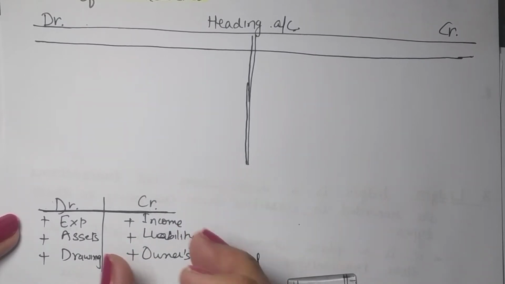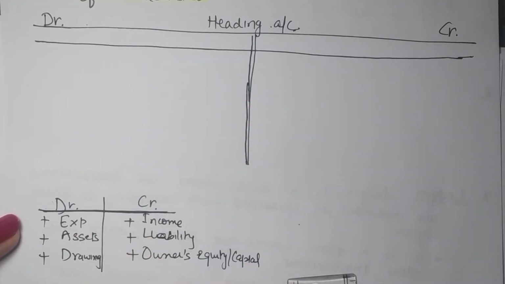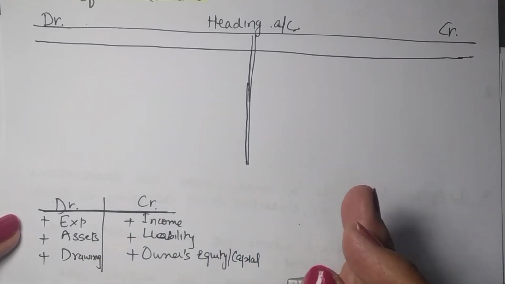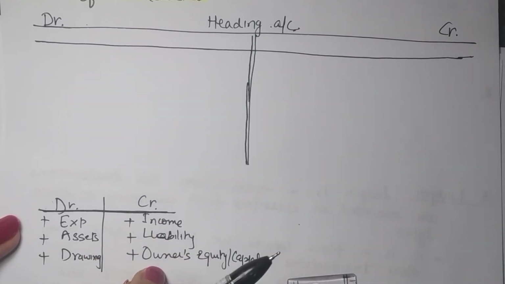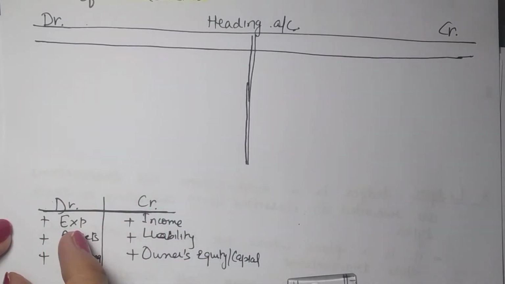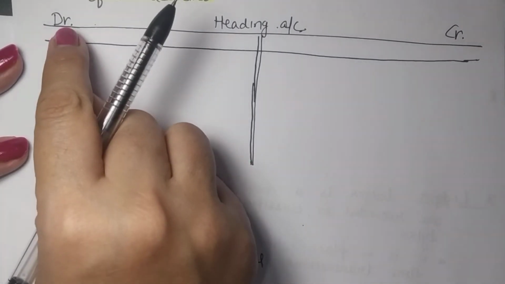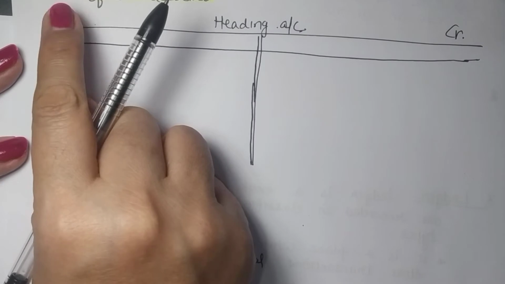So when these increase, when you receive income, when you create a liability, suppose you took a loan, their positive is credit, so it will be written on the credit side. And when there is a decrease, automatically positives are to be remembered, so negative will be on the opposite side. So their negative will be on this side and their negative will be on the debit side. So we have to just remember this. So according to our account, we will classify them as increase or decrease.